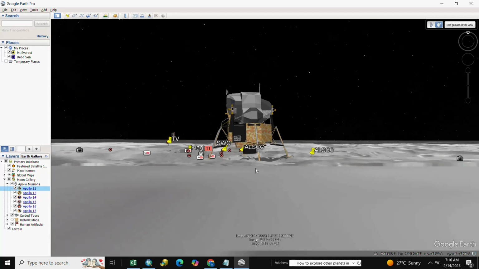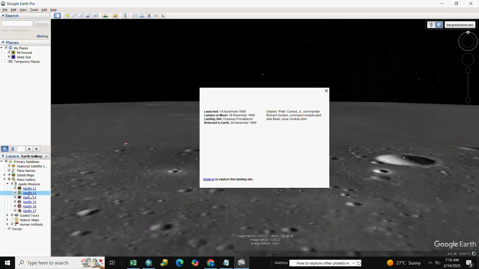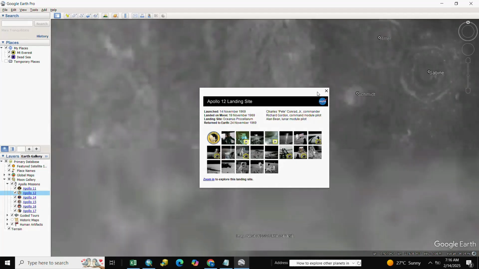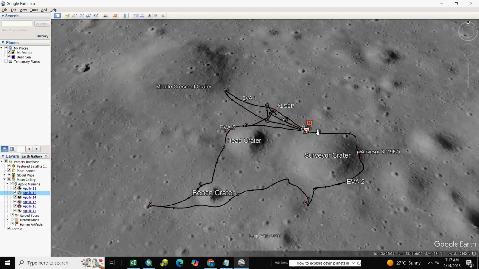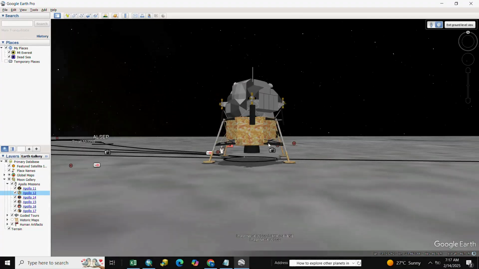You see here Apollo 11 and we click again Apollo 12. Here is Apollo 12.